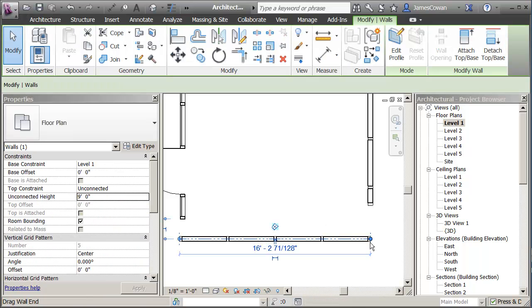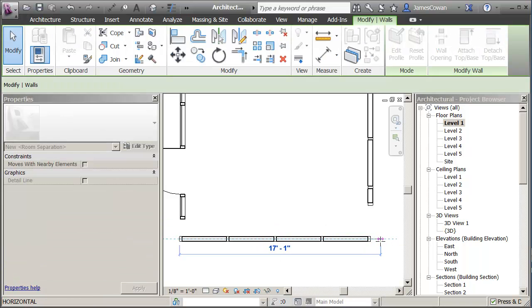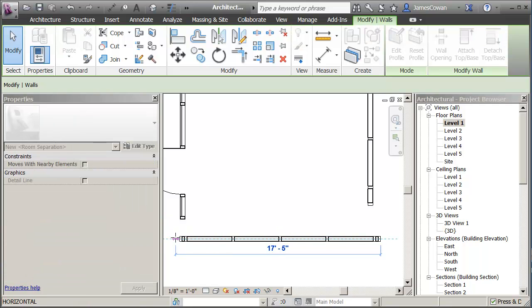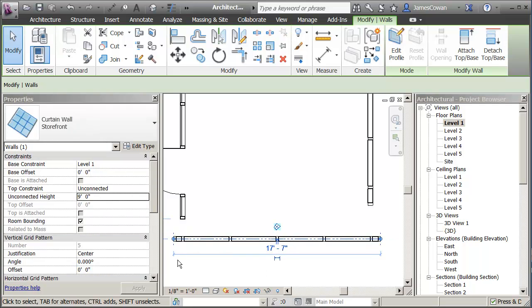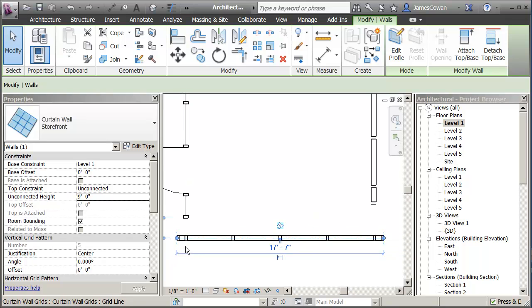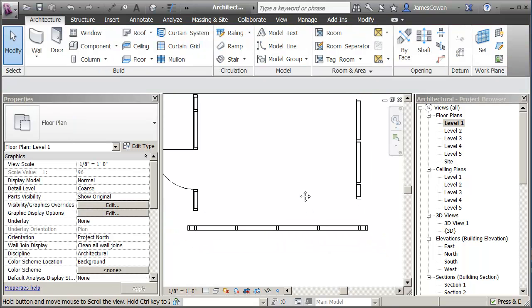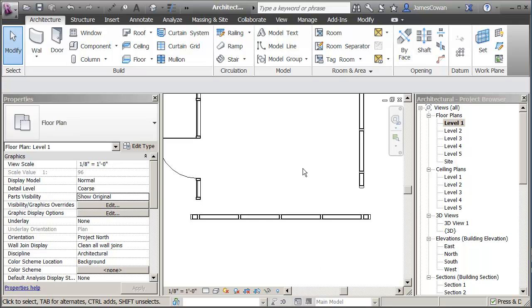I was trying to make it so there were tiny end panels here. That makes it a little clearer that what it's doing is starting from the center, using the 4-foot spacing, and then filling in the end with equally sized panels, so you could see it. Okay, so the point that I wanted to make to finish this off is that unlike most